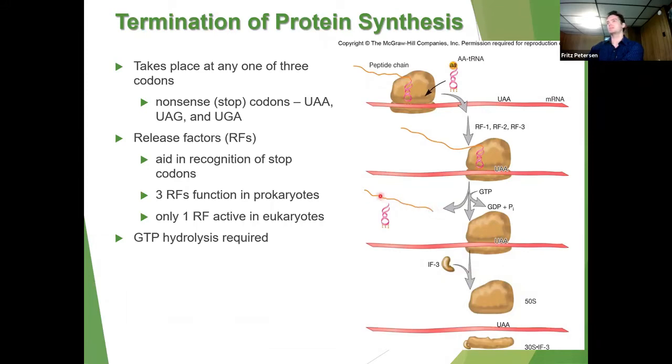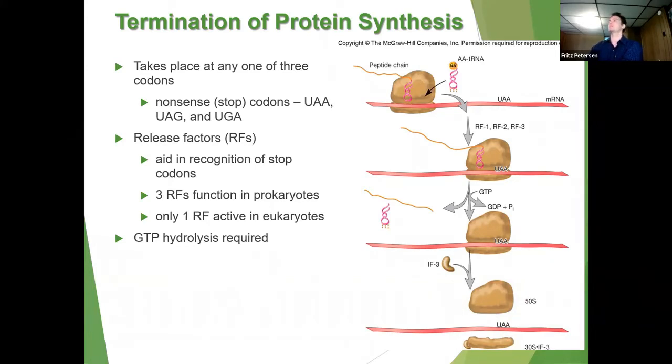Now the polypeptide chain, or protein, polypeptide chain is the better term, has been released from your ribosome, and then after this has been completed, the ribosome will also detach from the mRNA, and it can move off to play a role in further